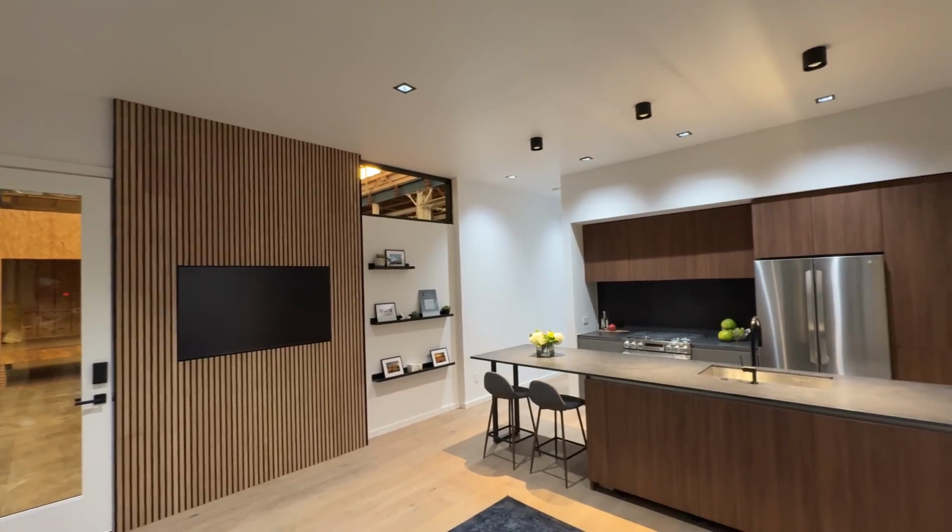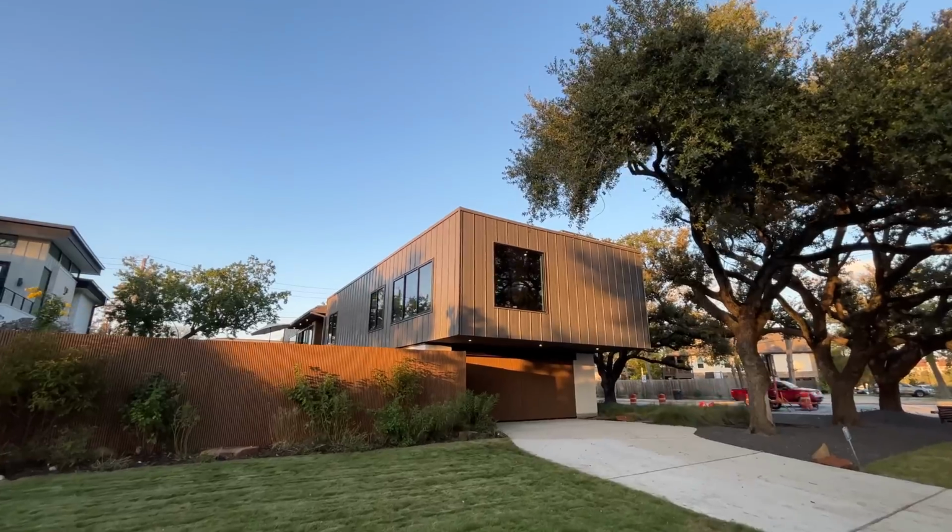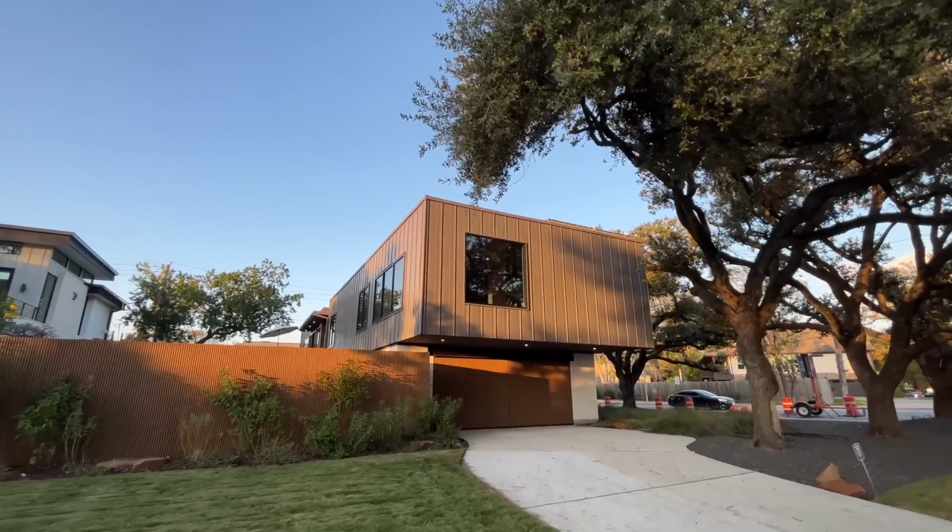Even though I was able to get a pretty good idea of what they're up to from the tours, sometimes the best way to really learn about a company is to talk to the people who started it. So that's exactly what I did. For anyone who missed the tours and are wondering what I'm talking about, the company is Aura Prefab Dwellings. If you haven't heard of Aura, they're a Houston-based builder founded by architects bringing new ideas and designs to the